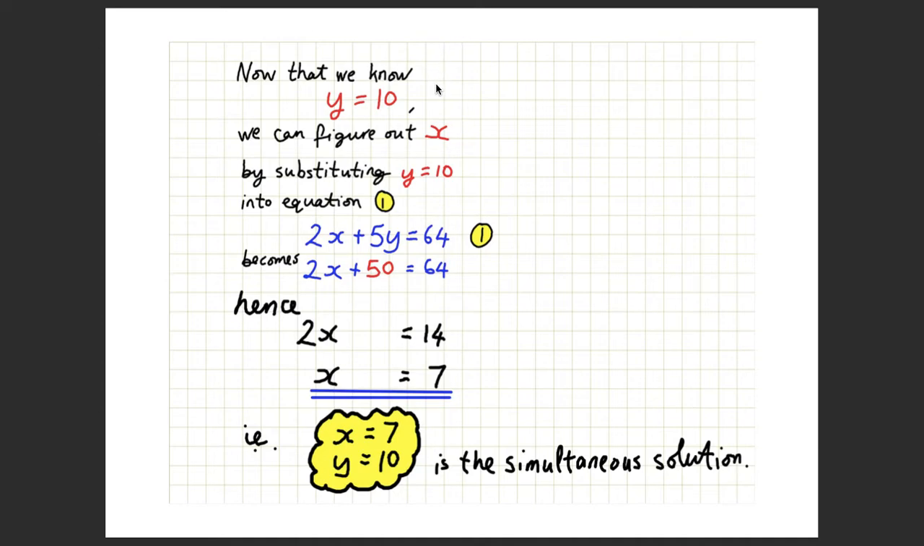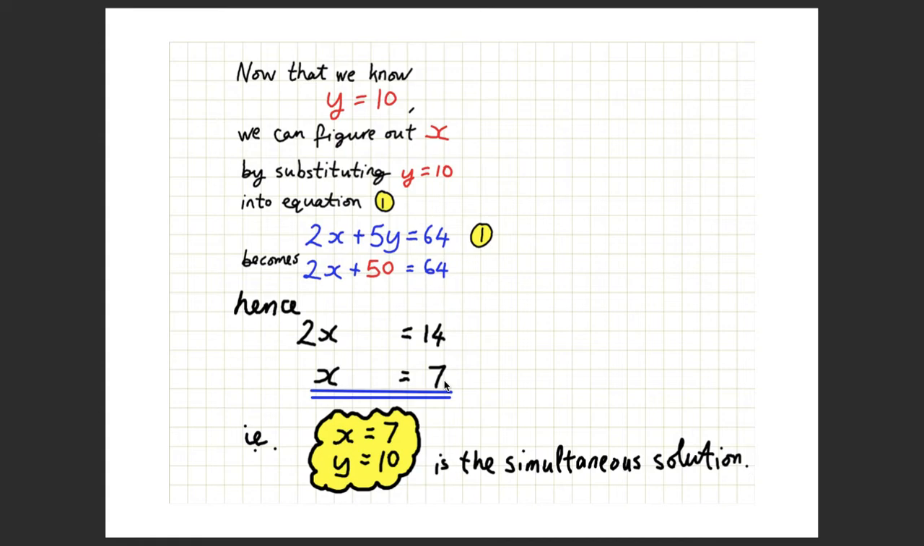Now that we know that y equals 10, we can figure out x by substituting y equals 10 into the first equation, equation 1. So the first equation was 2x plus 5y equals 64. Now we know that y is 10, so that 5y bit becomes 50, and we've got 2x plus 50 equals 64, which we can manipulate to figure out what x is. Take away 50 from each side to get 2x equals 14,